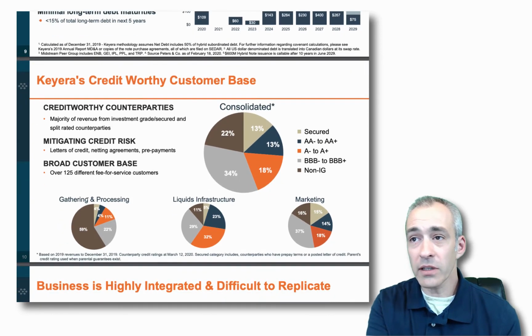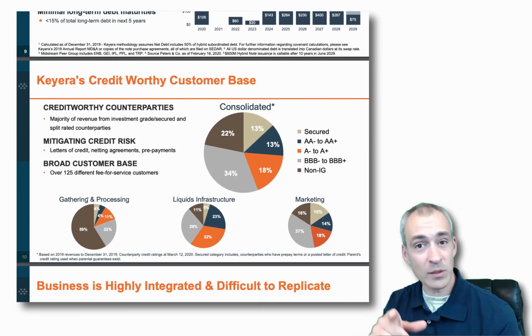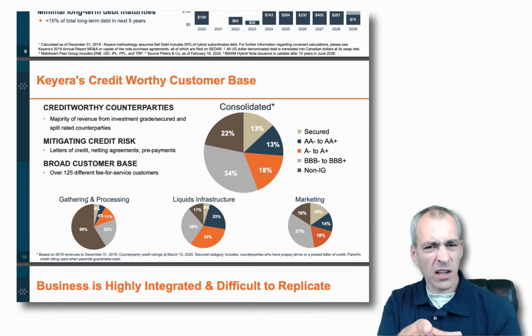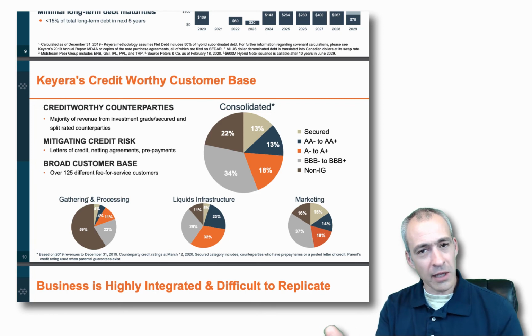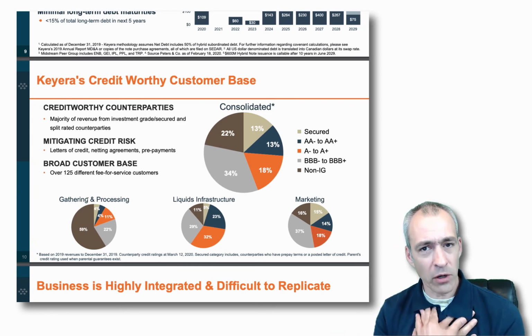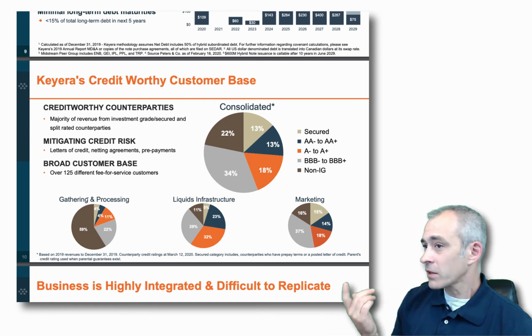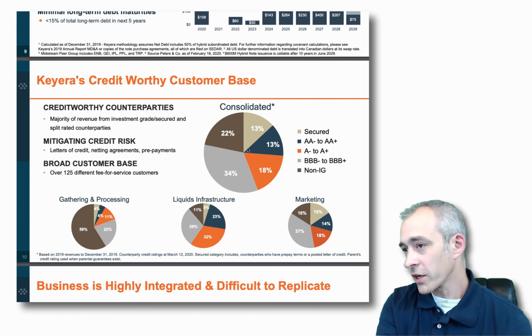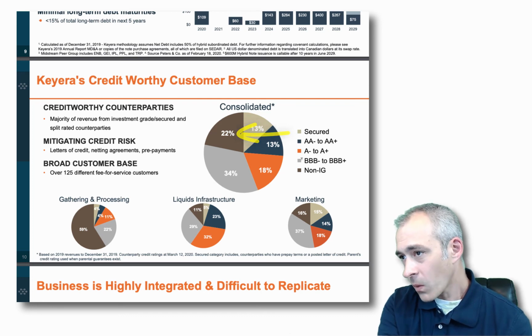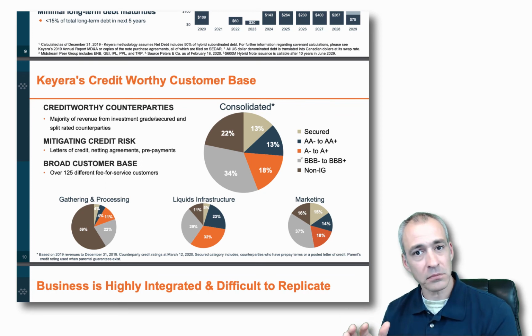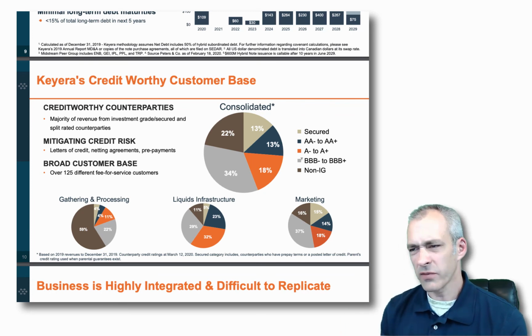There are other things too. If you look at this, credit worthiness of customer base, that's important. That ties right into our receivables, right? Because they don't sell to people like you and me. They sell to companies that you and me would get our natural gas from to run our furnace. So they're big companies that are buying this stuff from Keyera, right? And as you can see, how many of them are good quality? The only ones that are non-investment grade, there's only 22%. All of their companies either have secured debt or are adequate to superior quality risk rating. That's what they mean. Which means the likelihood is very small.